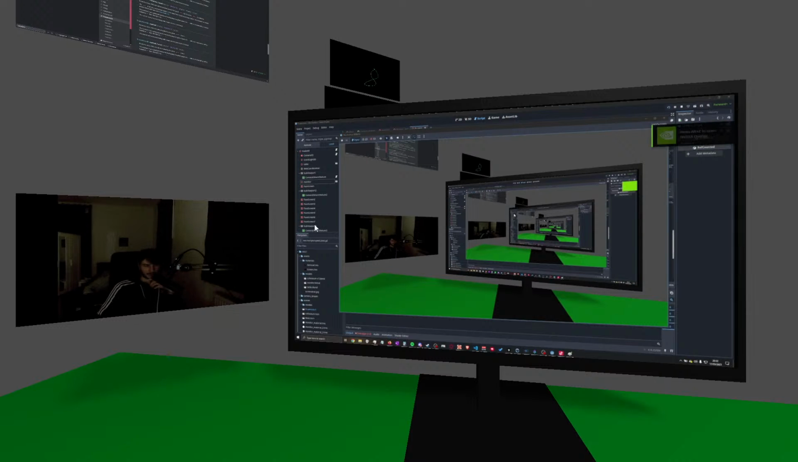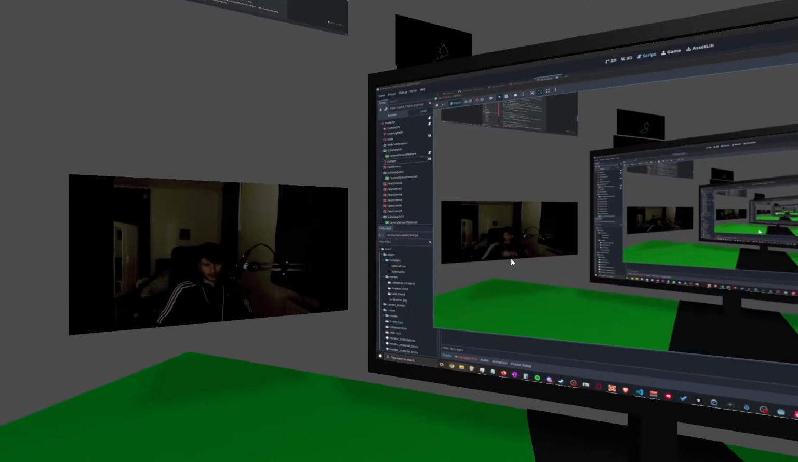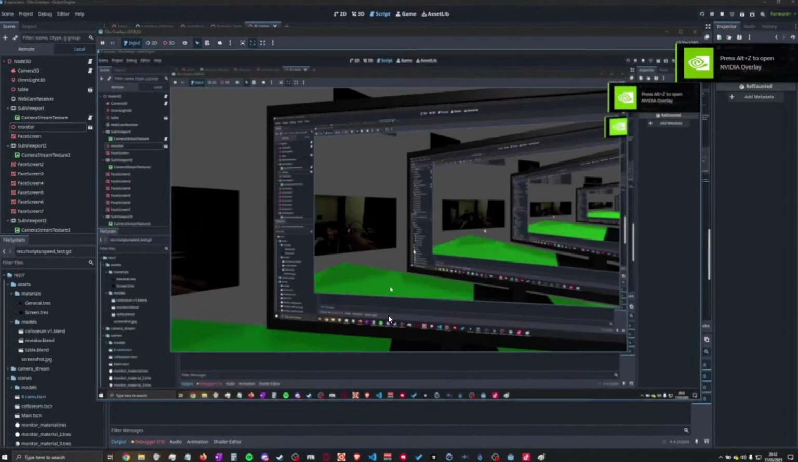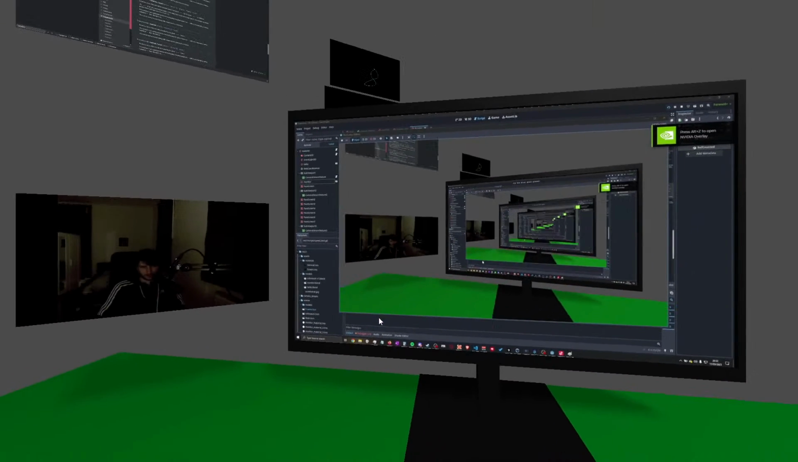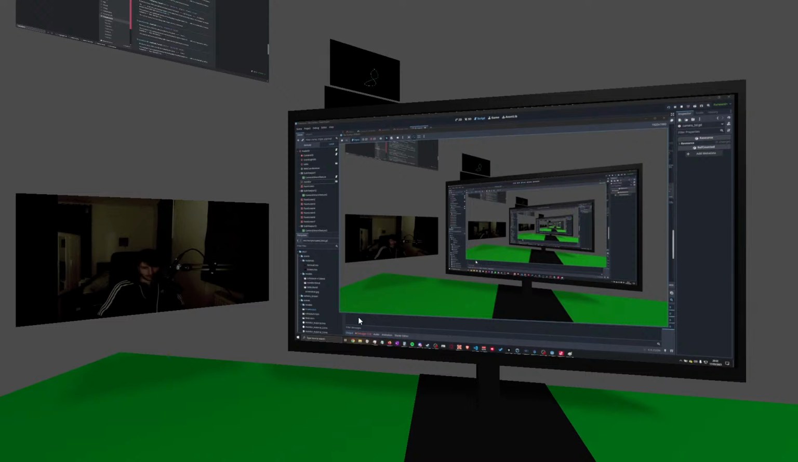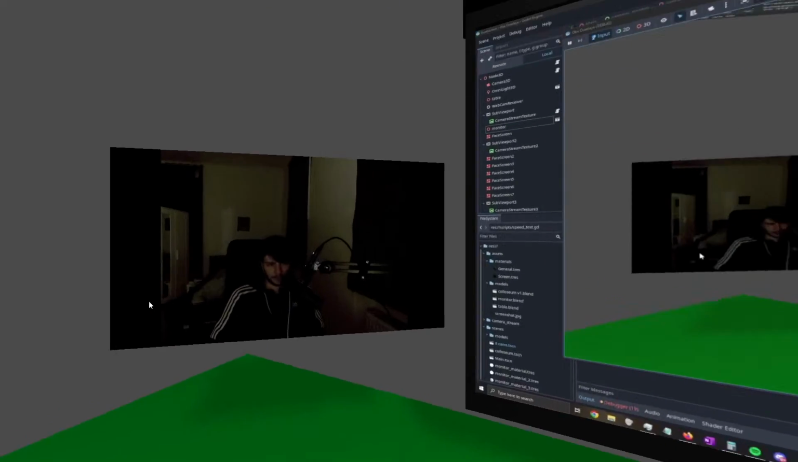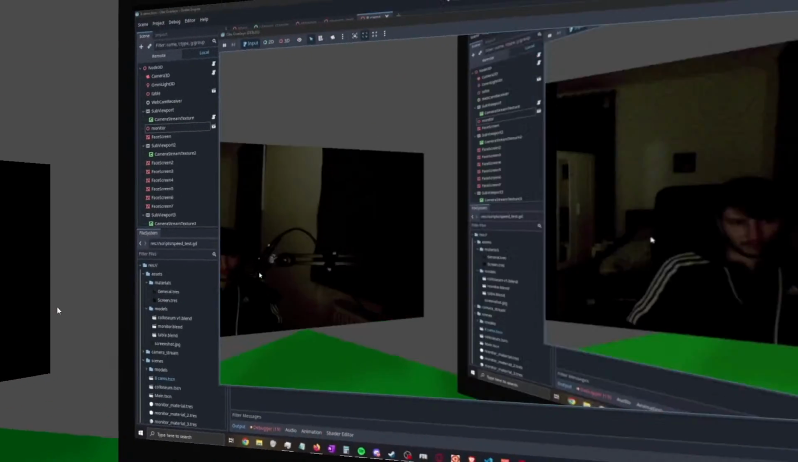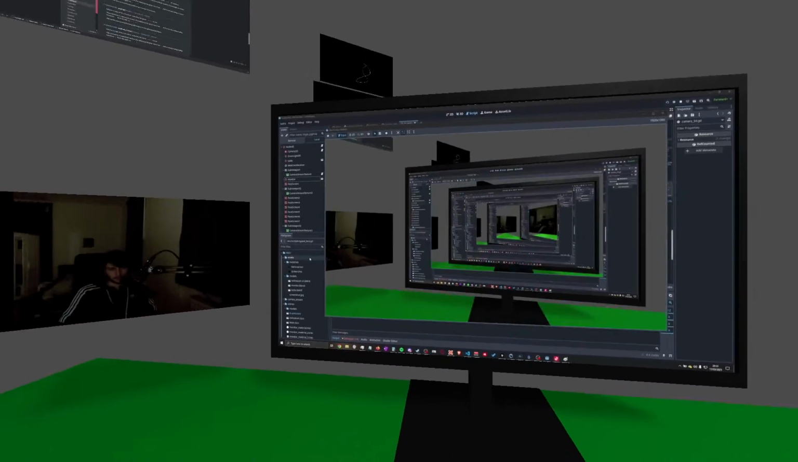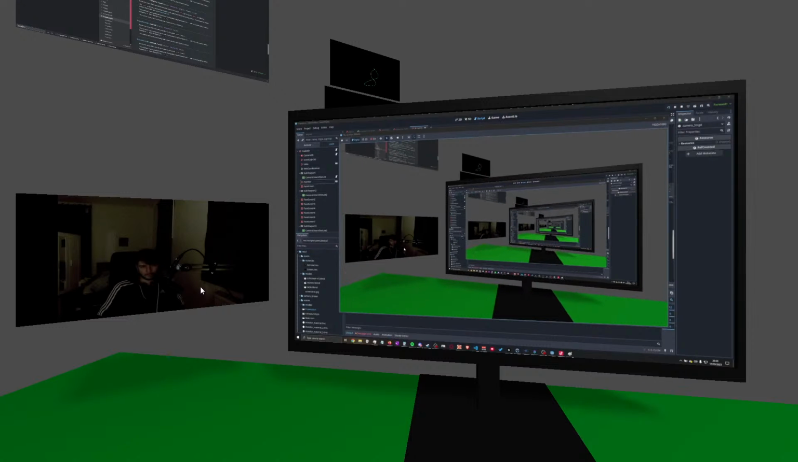Oh, nice. You didn't see that because OBS took too long to load it, but it actually did start out in here and then moved out as soon as it loaded, which is really cool. Very cool. Yeah, so